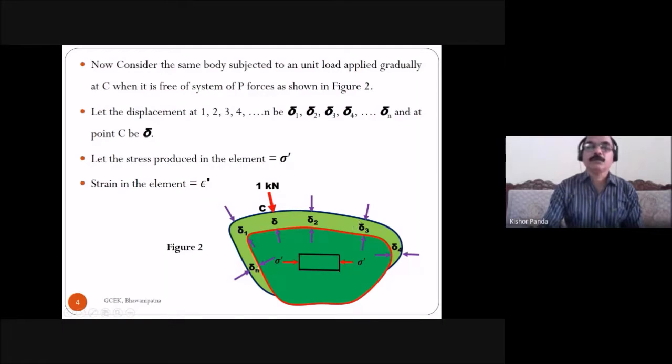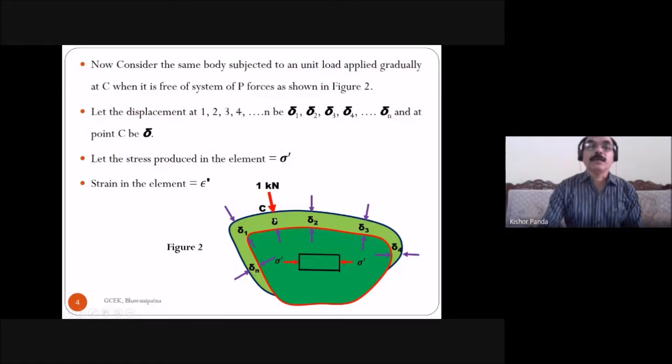Due to this force, what is the displacement that takes place at points 1, 2, 3, 4 and n? That you have to find out. And at C, what is the displacement that takes place? So what is the external force you are given, that you have to remove. Only you have to apply the unit force at the point C. Due to the 1 kilonewton unit force, what is the displacement that takes place at 1, 2, 3, 4, n and at